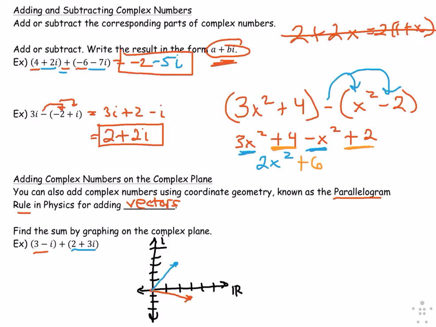Now, you'll probably get the gist that the answer should be somewhere over here if you were to fuse those two vectors together. And the way that you do this is now I'm going to find the slope of the first complex number, so it's down -1 and it's right +3. So then its slope is going to be m of -1/3. And then that means I pick up from the other vector's endpoint, I go down 1 and then right 3